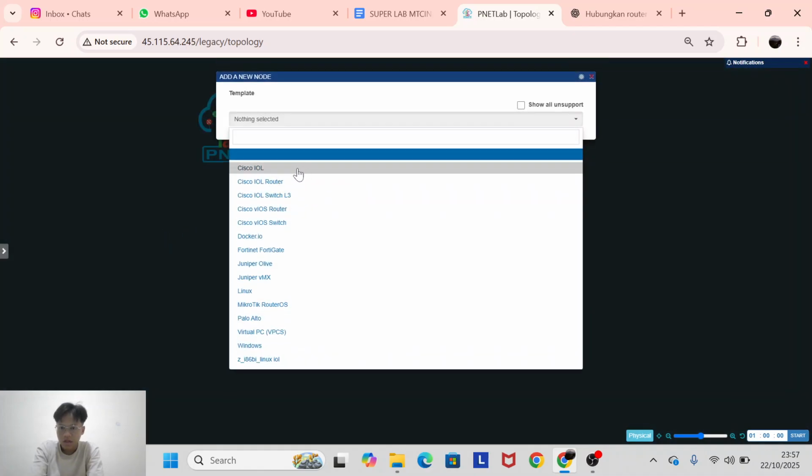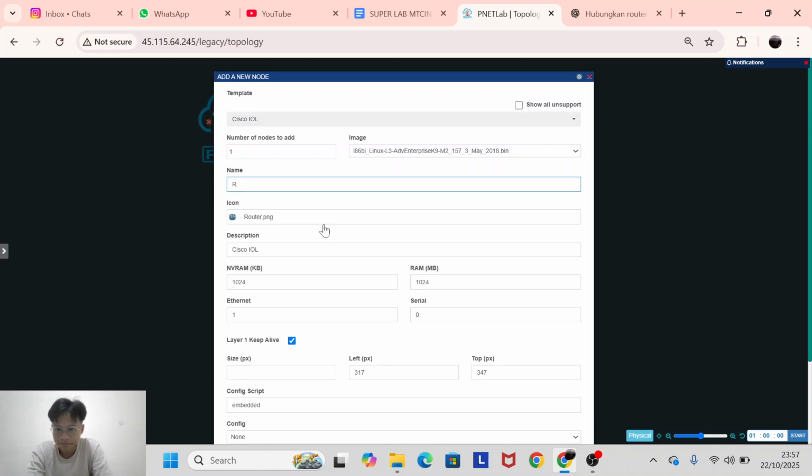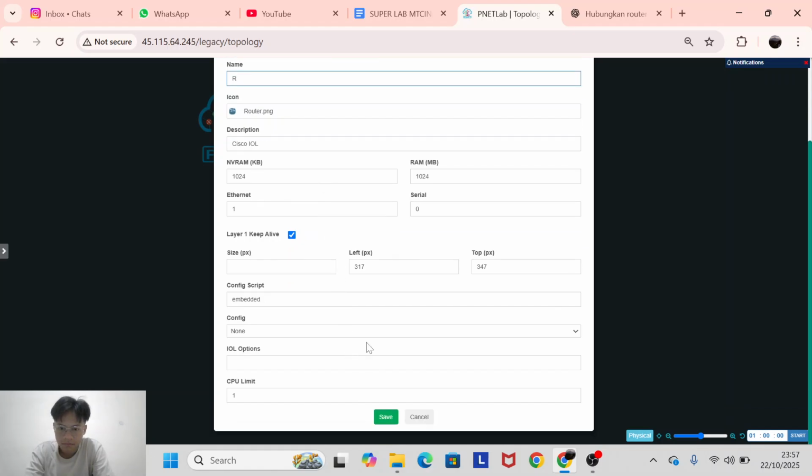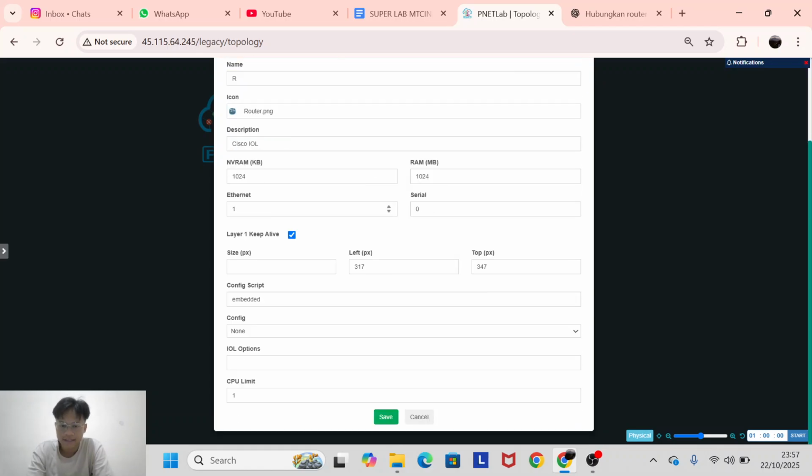We use Cisco IOL layer 3. The name is router, like this, no problem. I use four routers, for example.